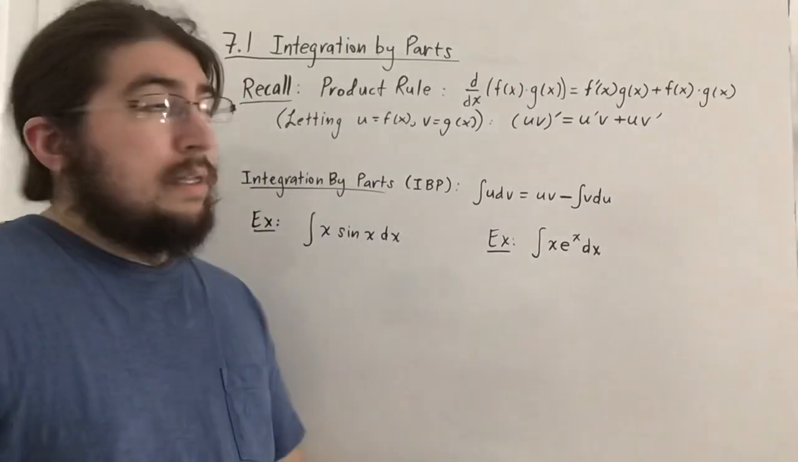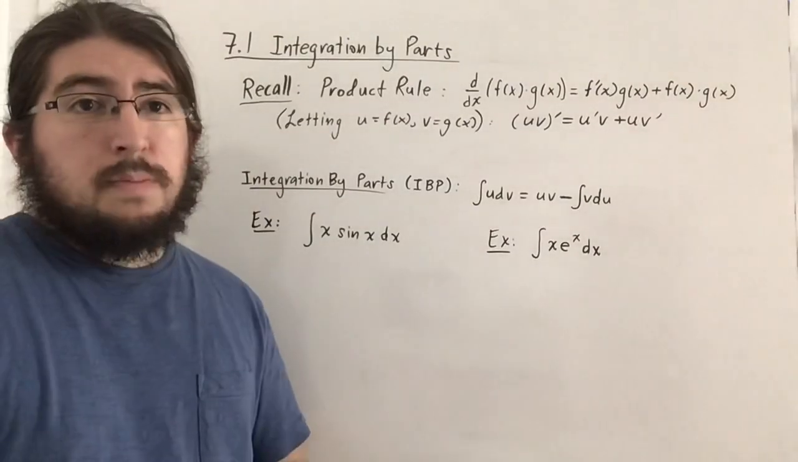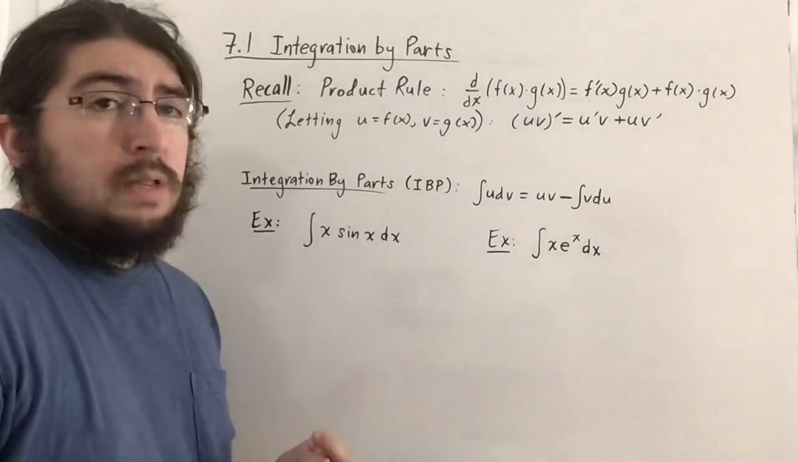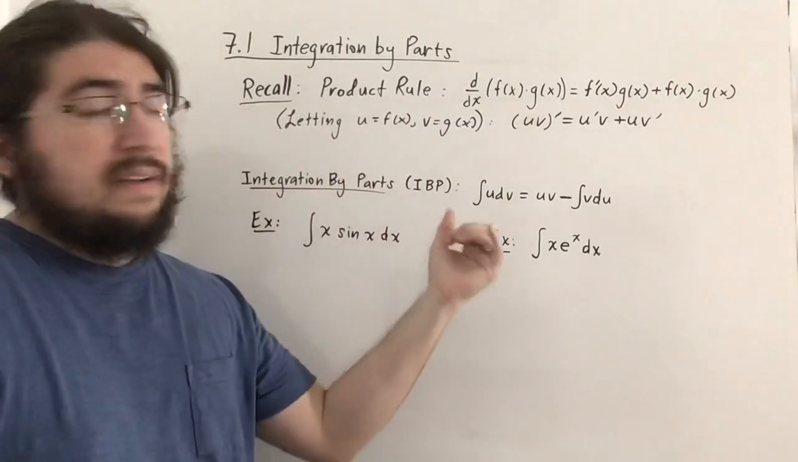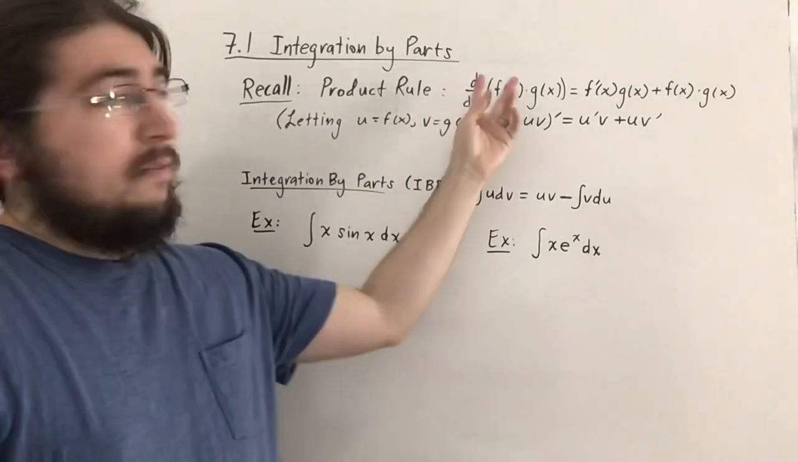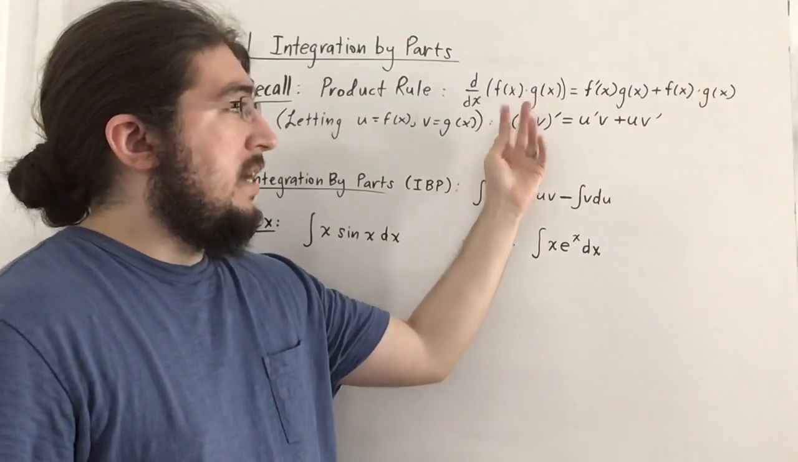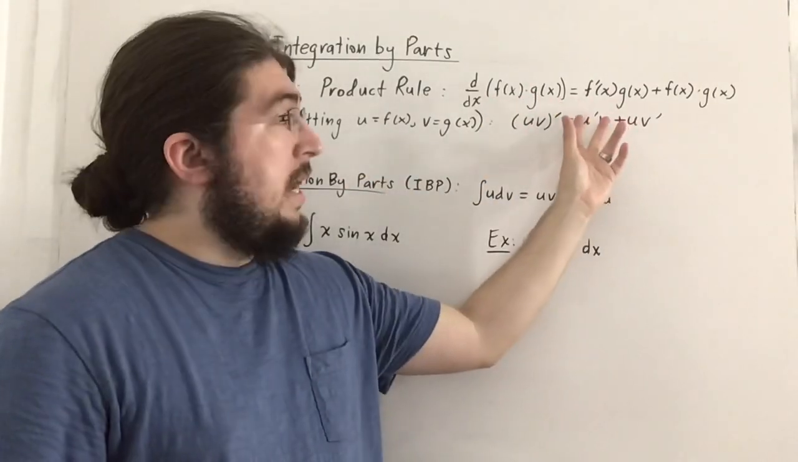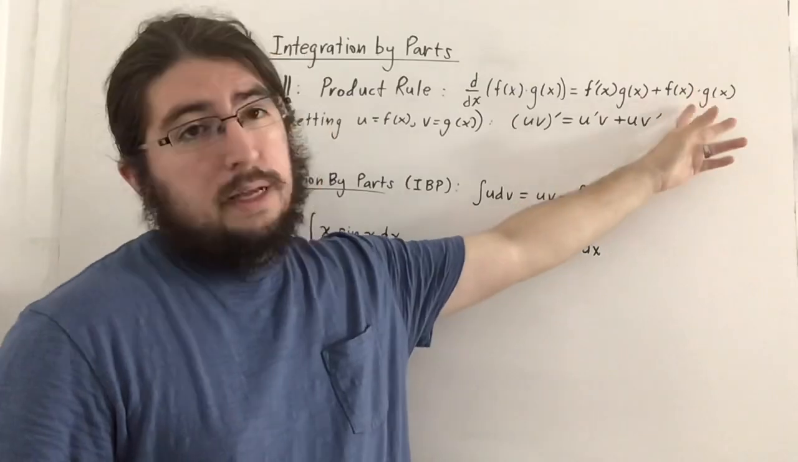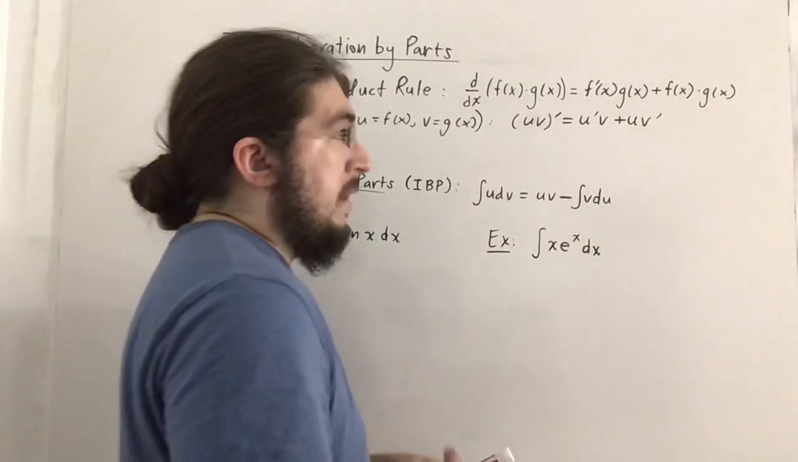Hello everyone, here I want to discuss 7.1, which is integration by parts. In order to do that, let's first recall the product rule of derivatives. If you take the derivative of a product of two functions, f of x and g of x, it's equal to f prime of x times g of x, plus the other way around, f of x times g